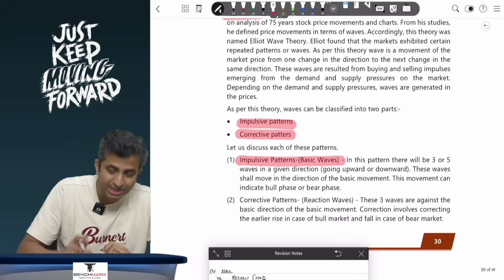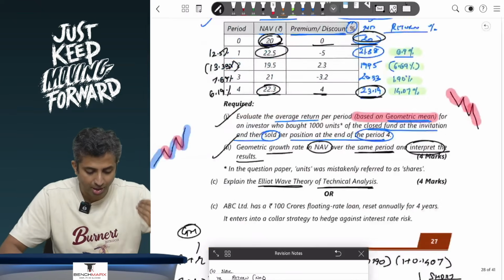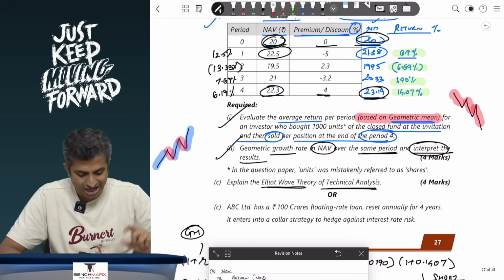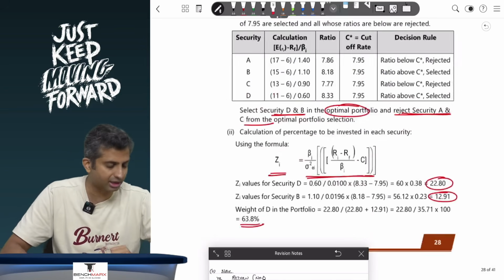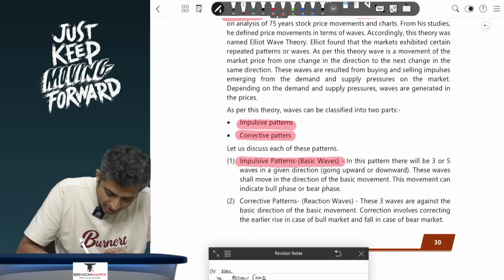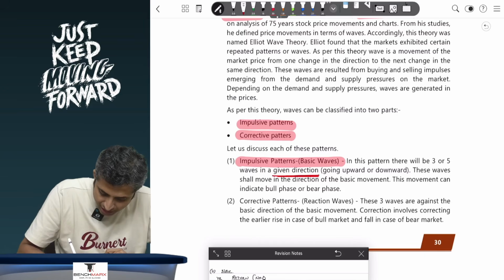Impulsive patterns are the basic waves. These are the three waves that are going up. For example, in our working, it may be in blue this upward, and the red two waves are the correction waves. So impulsive waves in this pattern, let's say the three waves in a given direction that is going upward